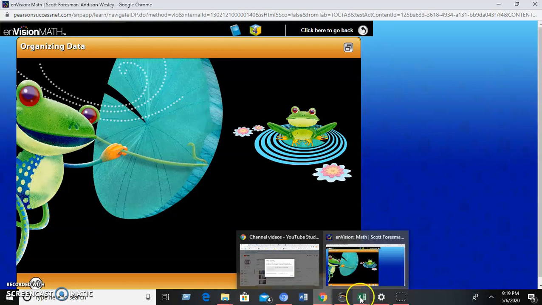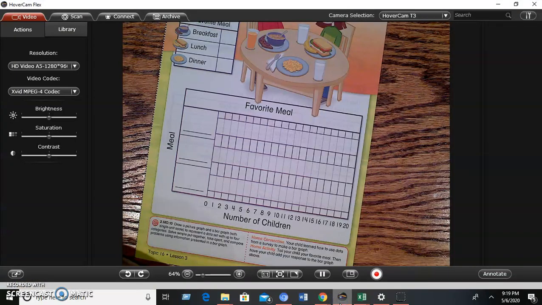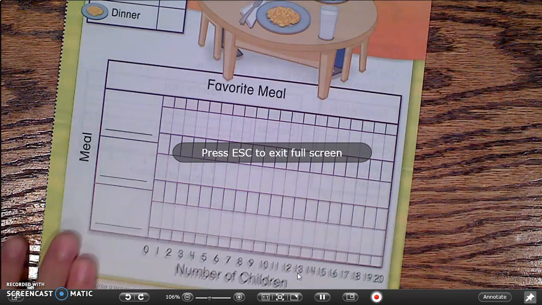Wow, my computer's being slow. That's silly. All right, let's get out